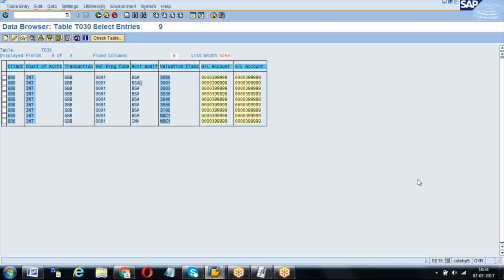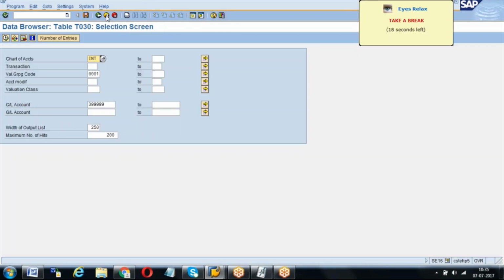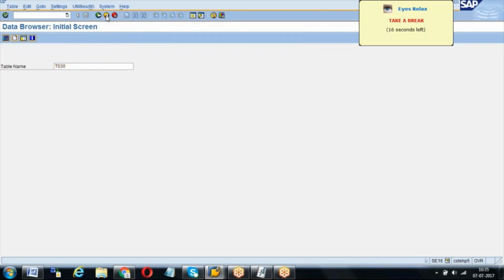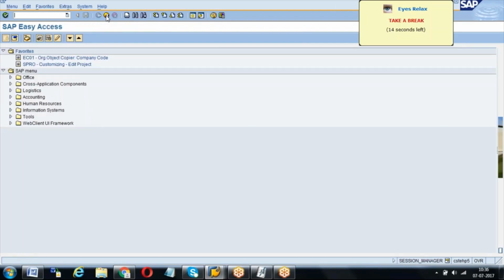See this, when you do the transfer posting and all, we can use either two-step or one-step. If you use two-step, what will happen? We can maintain the stock in tracking, in transit, we can see. But generally for plant-to-plant transfers we may use two-step, but for storage location and material transfers we use one-step only, because both are in the same place, right? There is a storage location here, there is a storage location there. Once you are issuing here, the stock will be updated in the system.